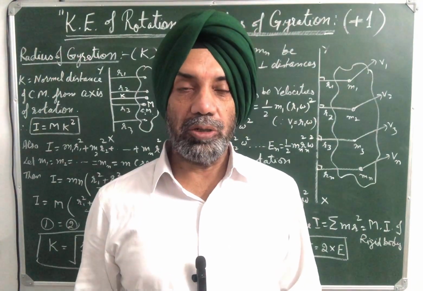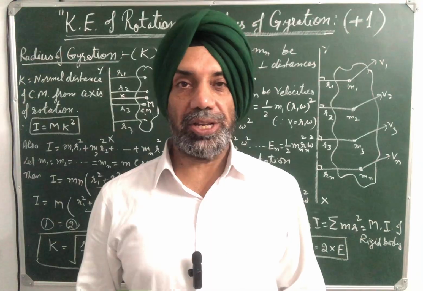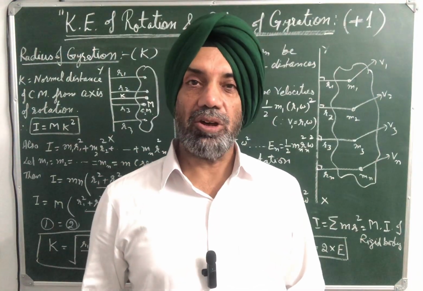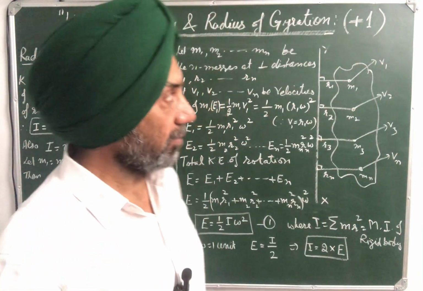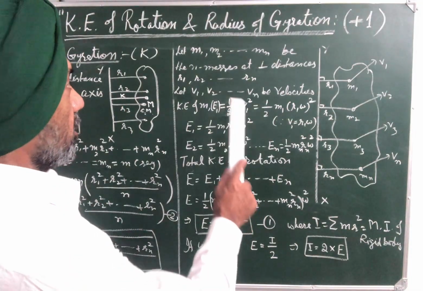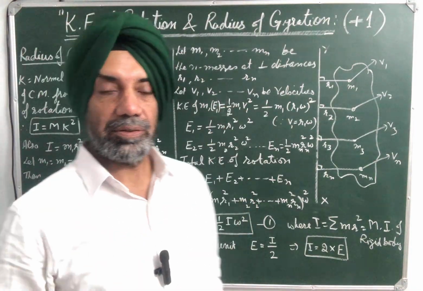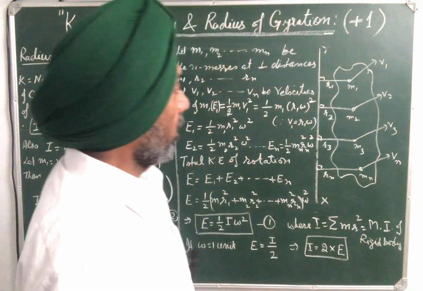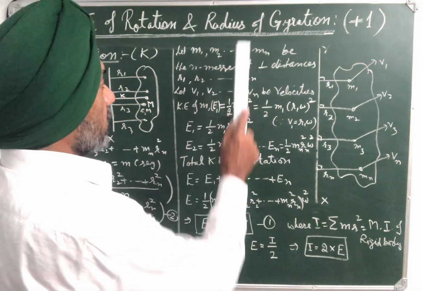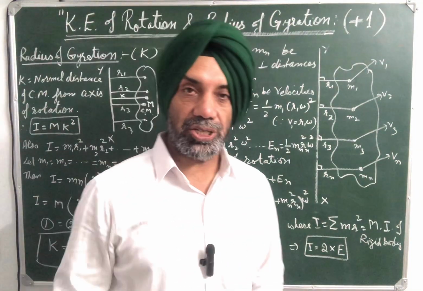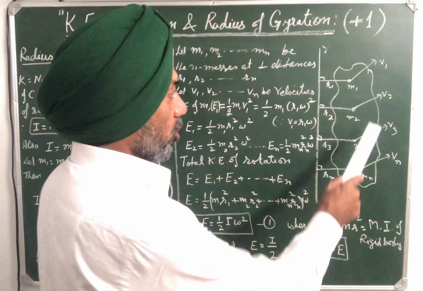So today I am going to discuss kinetic energy of rotation and radius of gyration. So it is again a part of chapter rotational motion. So to find the expression for kinetic energy of rotation of a rigid body, suppose we have a rigid body,